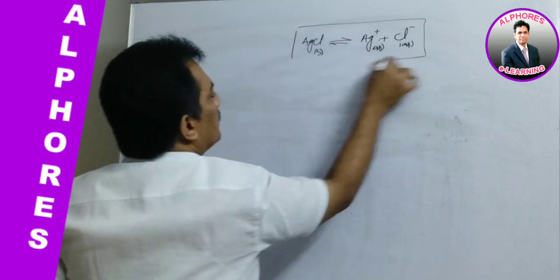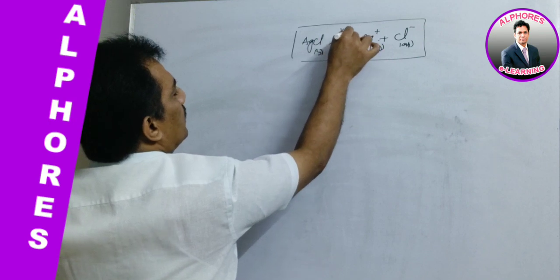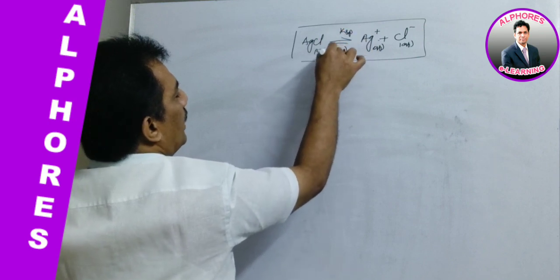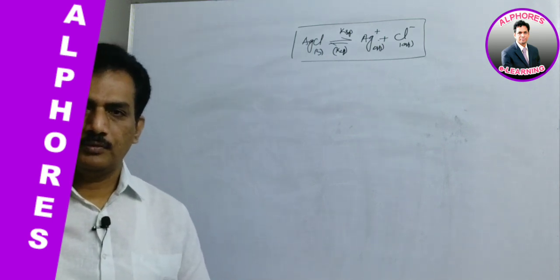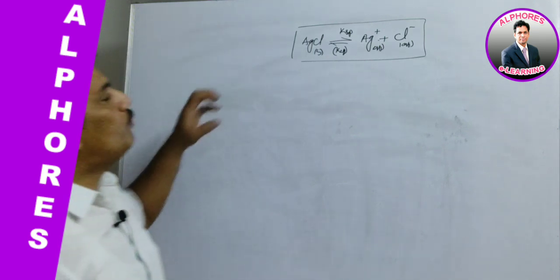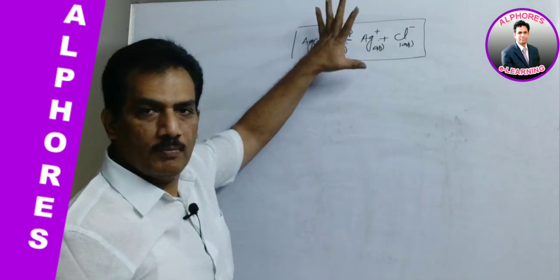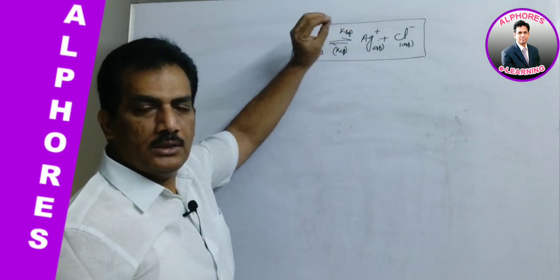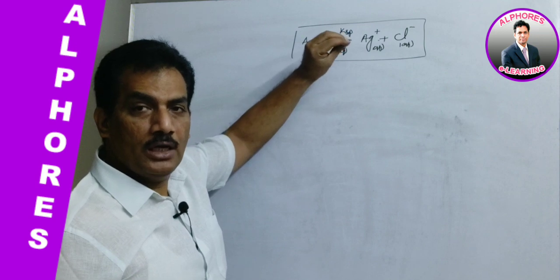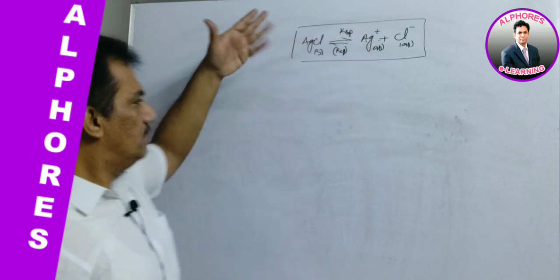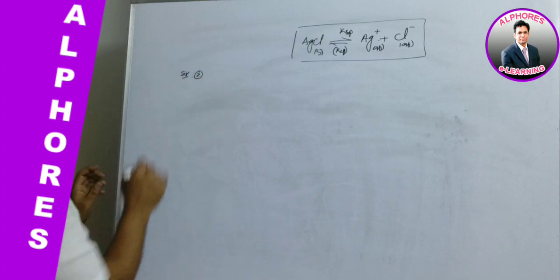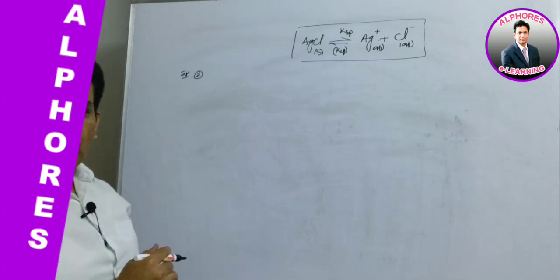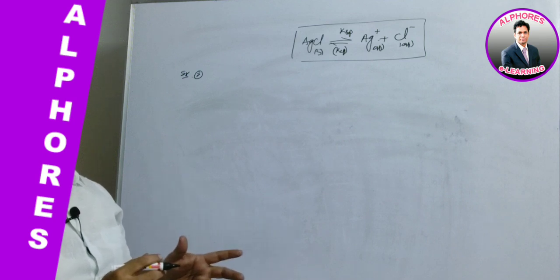And for this, KSP is nothing but K equilibrium, as we know from the junior inter ionic equilibrium chapter. Clear? And now, how to find this KSP? That is the solubility product, one type of equilibrium constant. How to find it? Let us consider example 2 for this. It is also an equilibrium constant relation with the EMF of the cell.